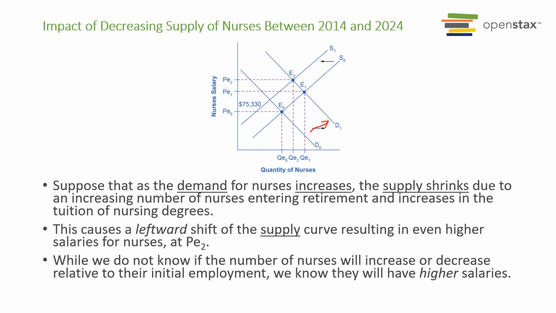And second, many of the existing nurses just don't want to work anymore, because they might be discouraged by the general environment put onto nurses. Many of them were burned out, right? They're working too many hours. They're quitting their jobs left and right. So we saw a decrease in the supply of nurses, but we also saw an increase in the demand for nurses. Combining both of them together, the market went from E0 to E1, that's a higher demand, and then to E2, that's a lower supply. So what you see is that the pay for nurses went way higher because of higher demand and also because of lower supply. Now, however,